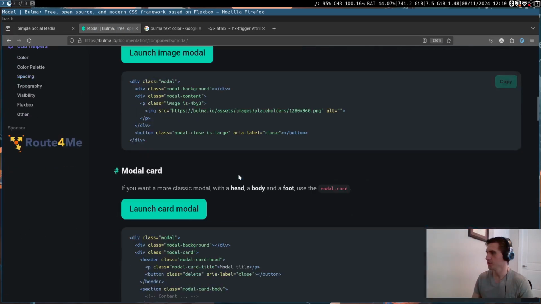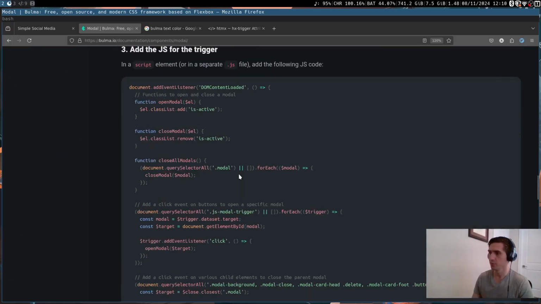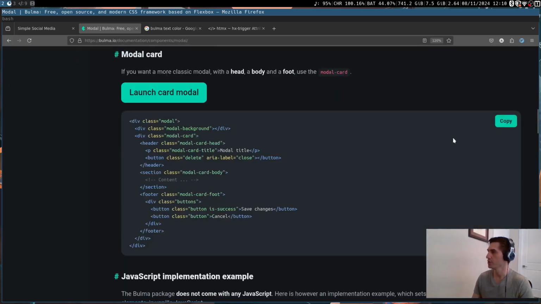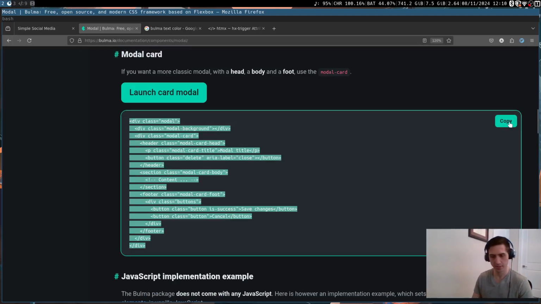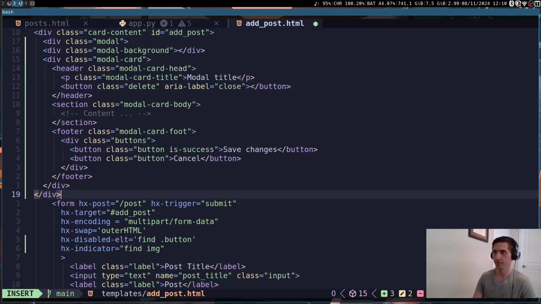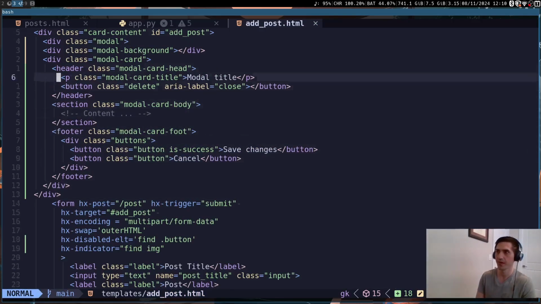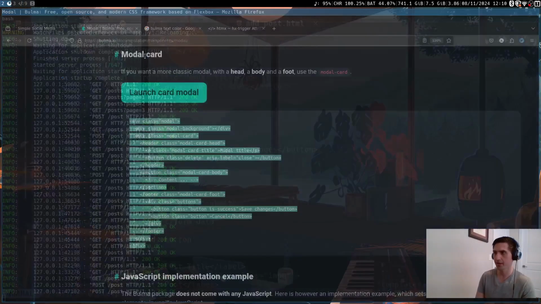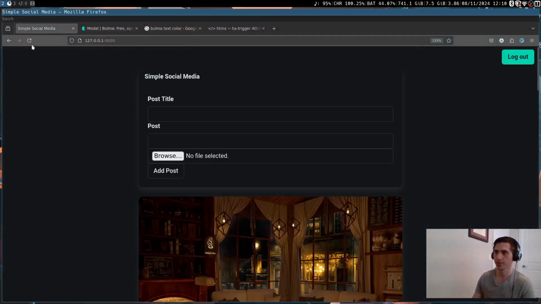And what we want to do is add a modal, a card modal. So we'll just copy this little snippet here and let's put it into our project. So let's copy and paste it, and then we can actually visualize this. To actually show the modal, we need to put it on the class as isActive. So we'll put it as isActive, and then if we go back to our website and refresh the page, you'll